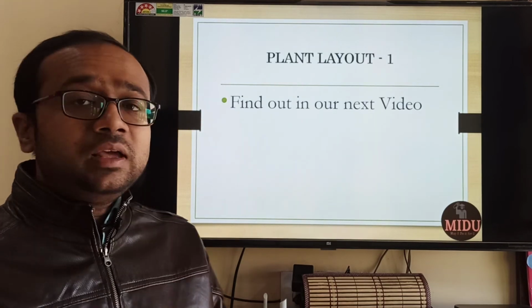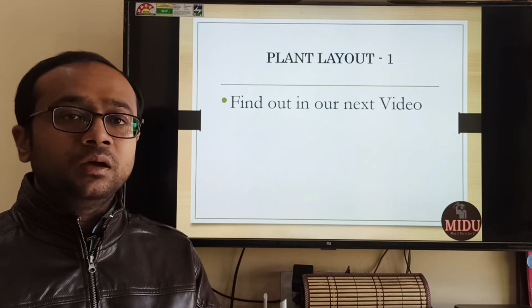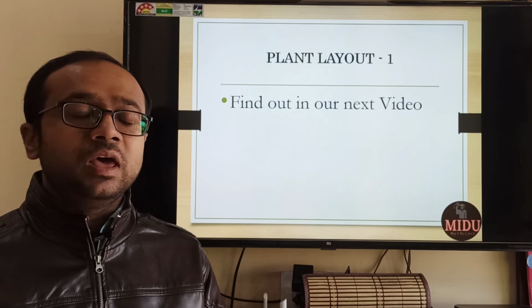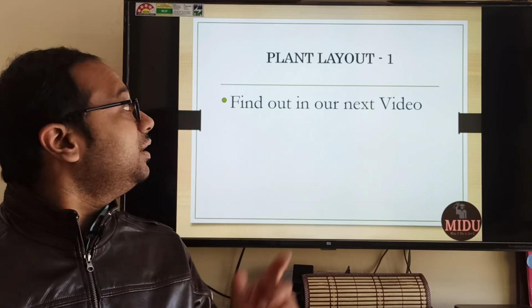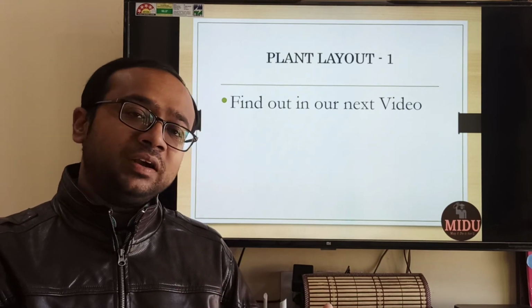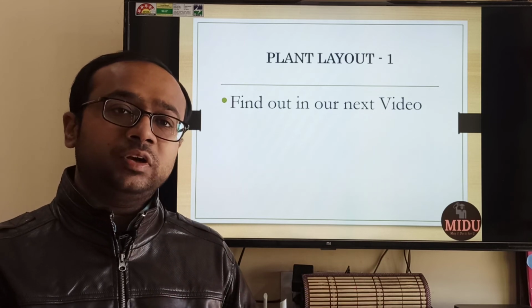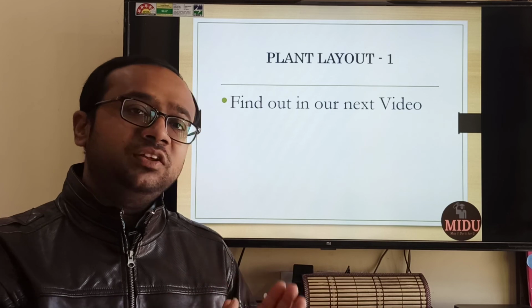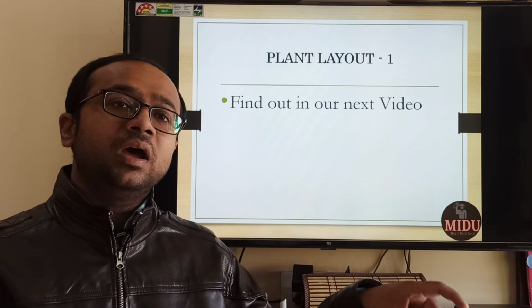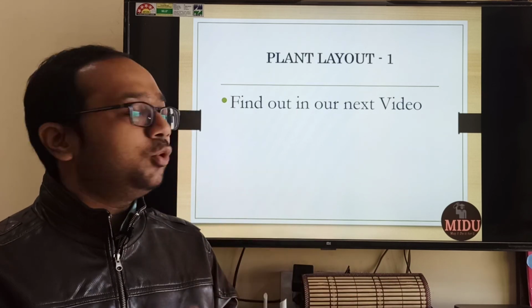So friends, these were 3 different methods for location planning, how we can plan our location. If there is any confusion in any particular method or you want us to give more examples, write in comment section. We will give you more examples. In next video, we will discuss about plant layout. So now we started with what is operations, what is plant. We now discussed what is plant decision, how to take that. Now our site decision is confirmed. We know that in this particular city, this particular area, site is to be located. Now after location decision, you will need to decide the layout of the plant. That we will do in our next video.